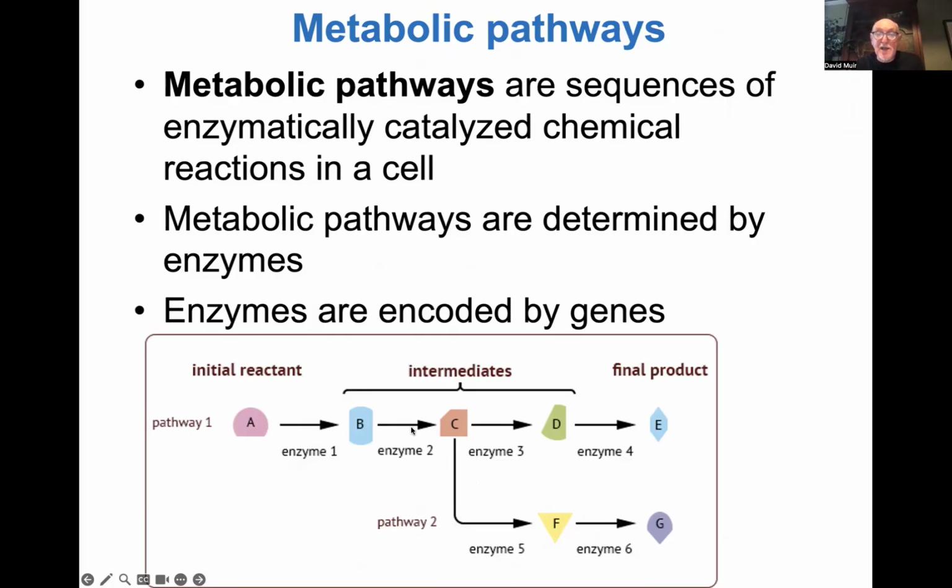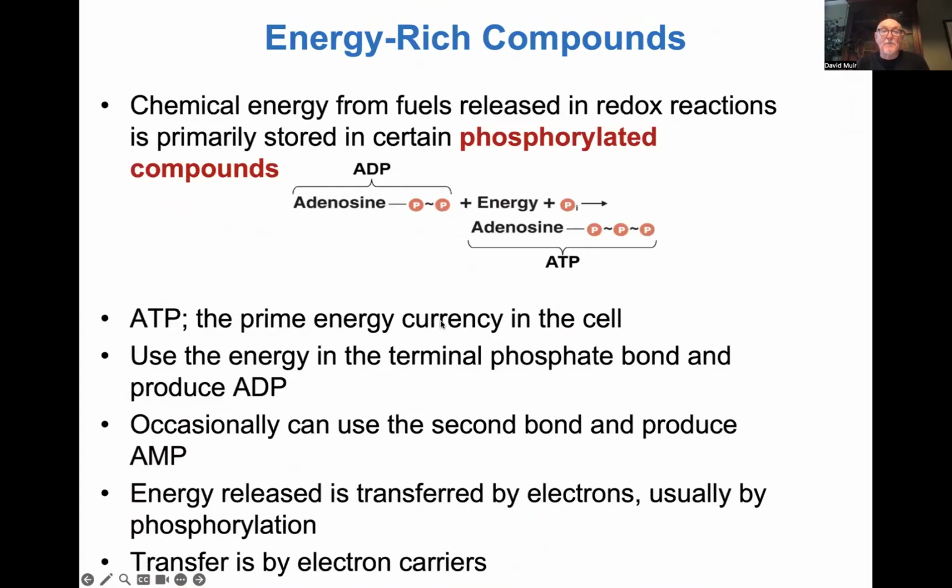So the important things, there are a set of intermediate steps, there are a set of intermediate products, and each intermediate step is governed by its own enzyme. And what we're going to see is that we can easily control the rate of this entire pathway by controlling enzyme activity. Okay, so that's the first thing. We're going to talk about what enzymes are and how they function, everything else in detail in a while. So the second thing,